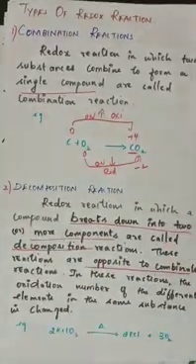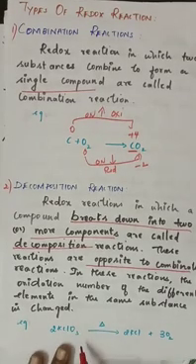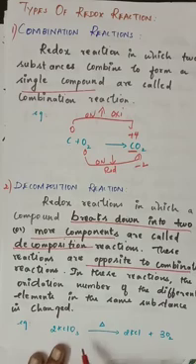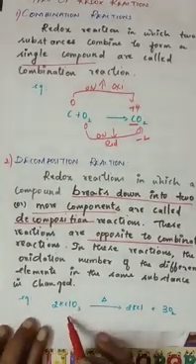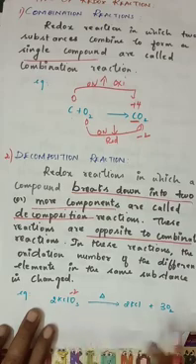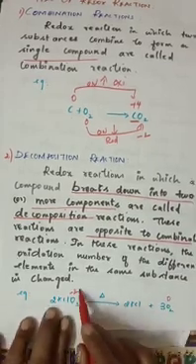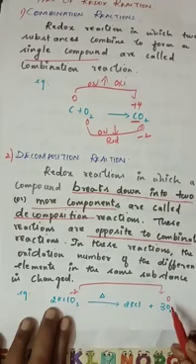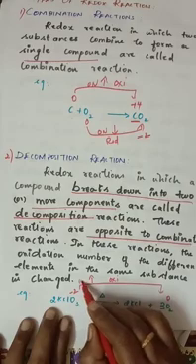This is splitting of a compound. So 2KClO3, a potassium chlorate compound, when heated becomes 2KCl as well as 3O2. So here we see the -2 oxidation number for oxygen. At the same time, here 0 oxidation number. So the oxidation number is increasing, -2 to 0. So this is oxidation.